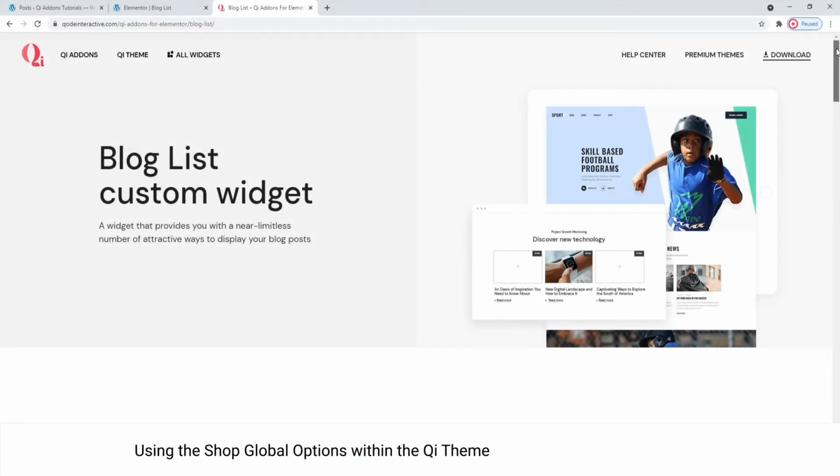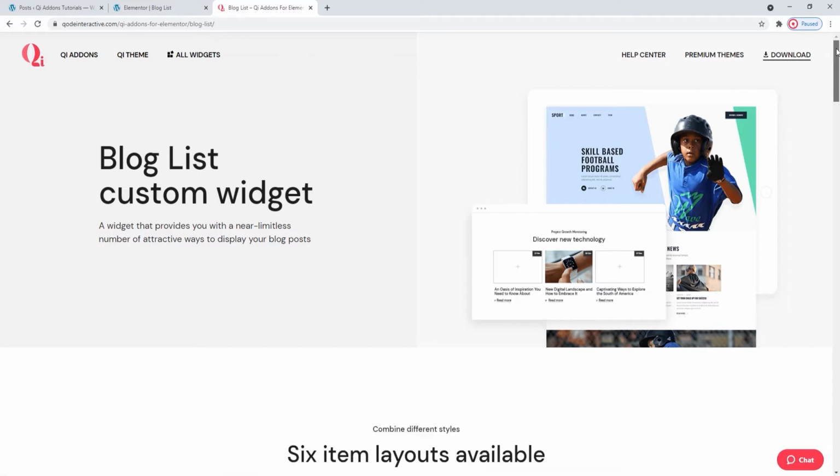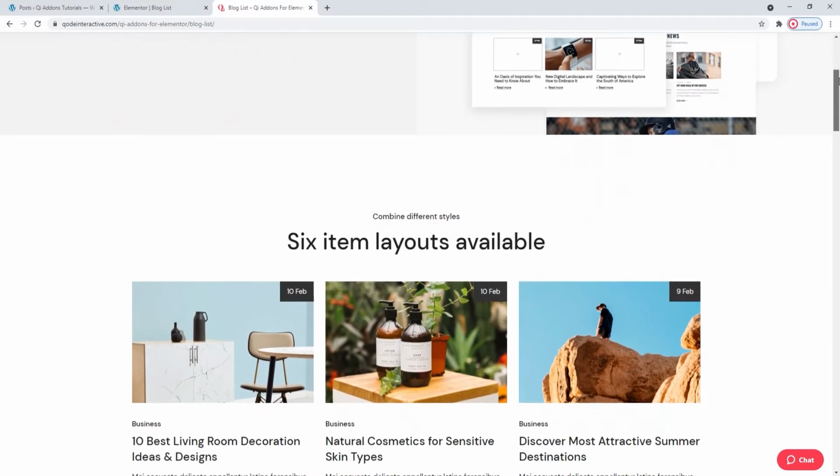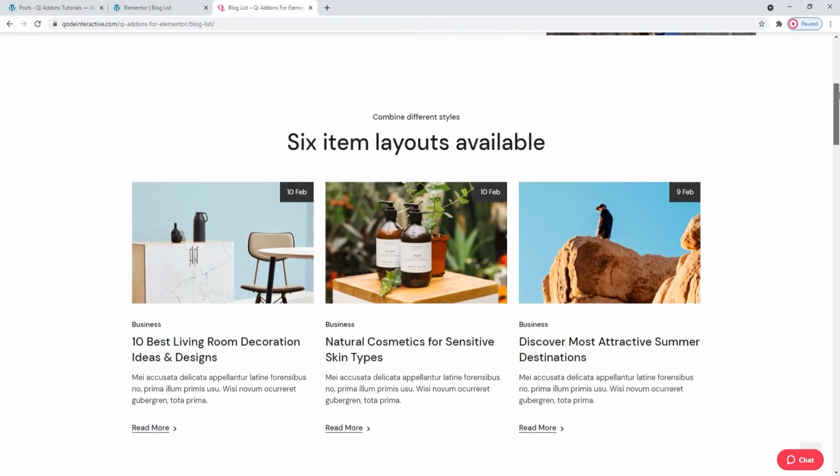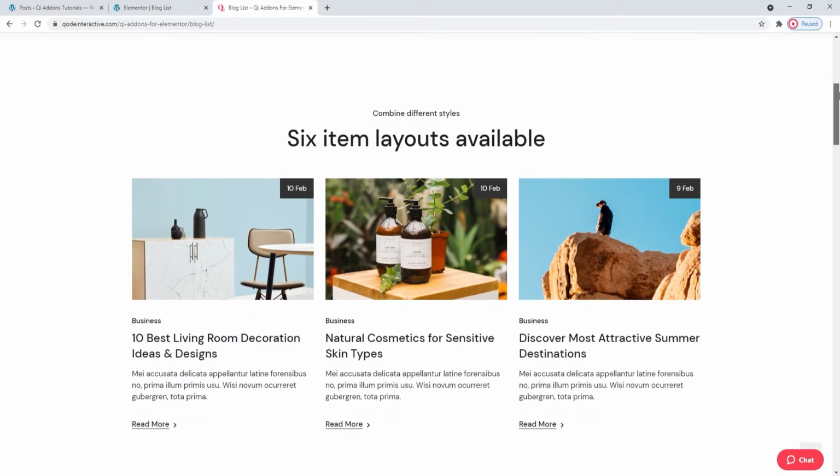Today we'll take a look at how you can display your blog posts using the blog list widget from our Qi Addons for Elementor plugin. Right now, we're looking at some examples of this widget's use. Here you can see the different possibilities you have for showing your blog posts when you're not limited to the blog archive page. The blog list widget comes with several different customization and layout options, which you can combine in